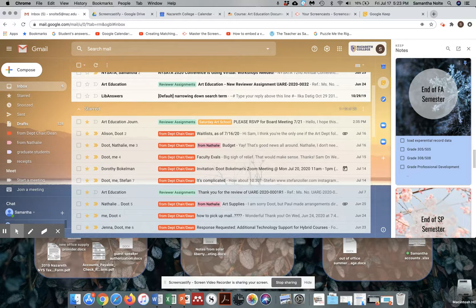And you can get Google Keep for your phone and your tablet, right? So if you're on the fly and you're having a conversation with somebody, you can just open up your phone and add something to your to-do list, and it's going to show up